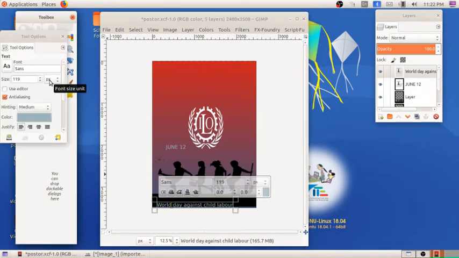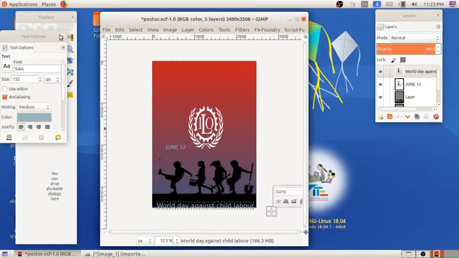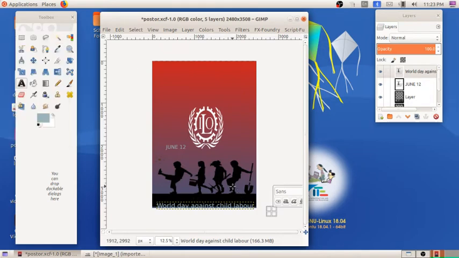Clicking on the box, I am increasing the size. See? So now you can see the text here. So this much it is okay. We have uploaded an image and also we created two texts by using the text tool. Next what we have to do is create a message.